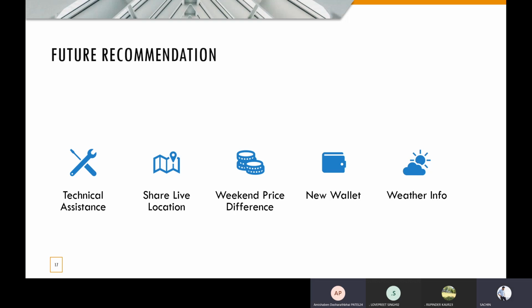Then weekend price differences, like there's a rush on weekends as people are accessing places like pubs and everything, so the driver can get a higher price, and they are encouraged to drive on weekends. Then a new wallet, where we can add a new payment method, made to the driver once the trip has been completed, and it can be made using cash, card, or payment with the wallet as well. And we can add weather information in the future application as a new feature.